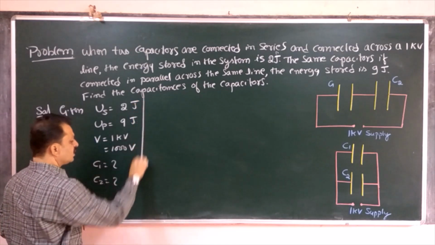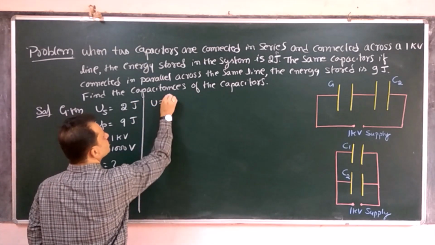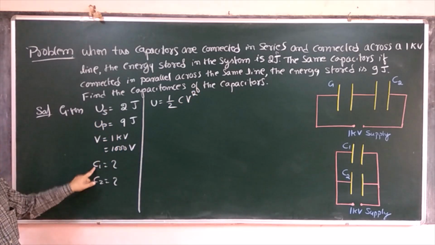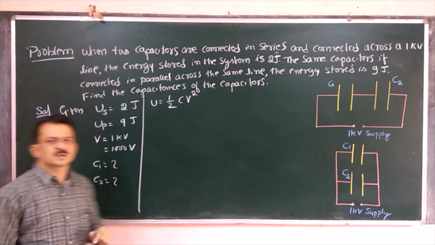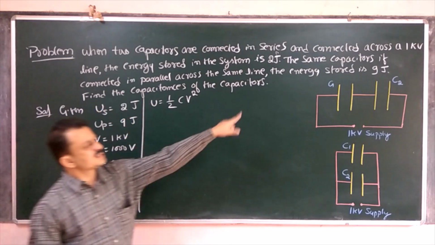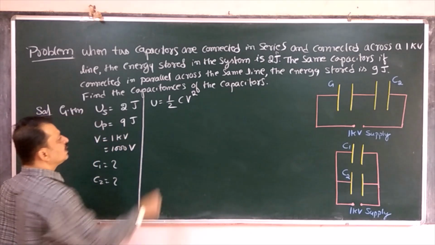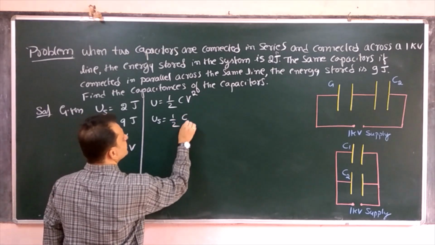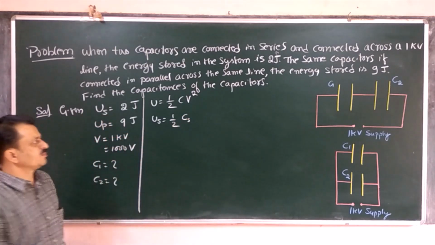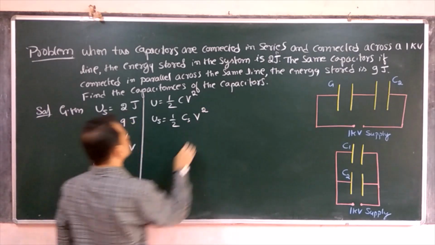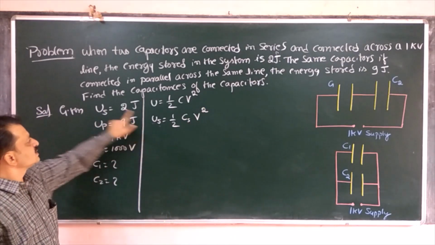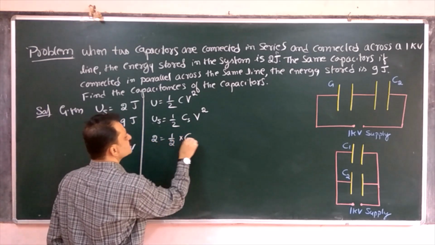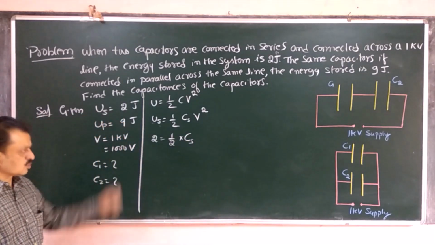Now we know the general expression for energy stored, that is U is equal to half CV square. So we are using the formula half CV square. First case, the two capacitors are connected in series. So in series combination, US is equal to half CS, that is series combination, into V square. Now US, that is energy stored in series combination, is 2 joules. 2 is equal to 1 by 2 into the effective capacitance CS of the series combination,